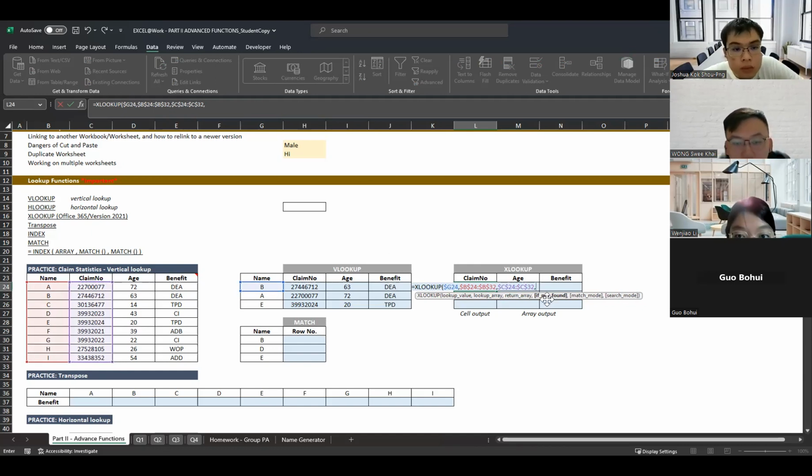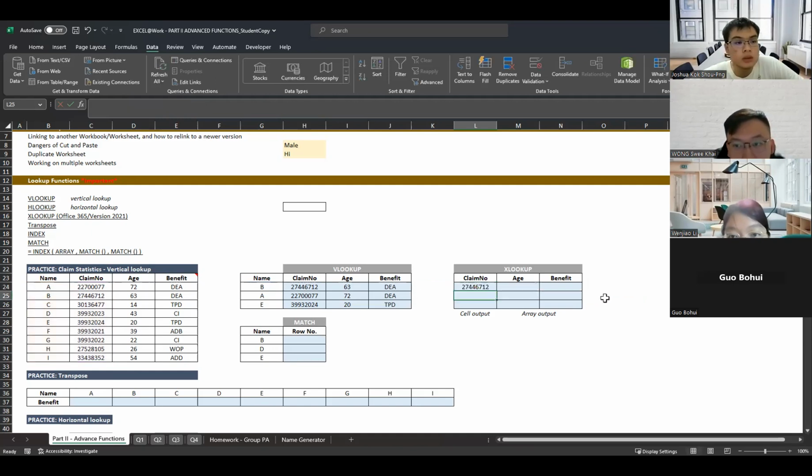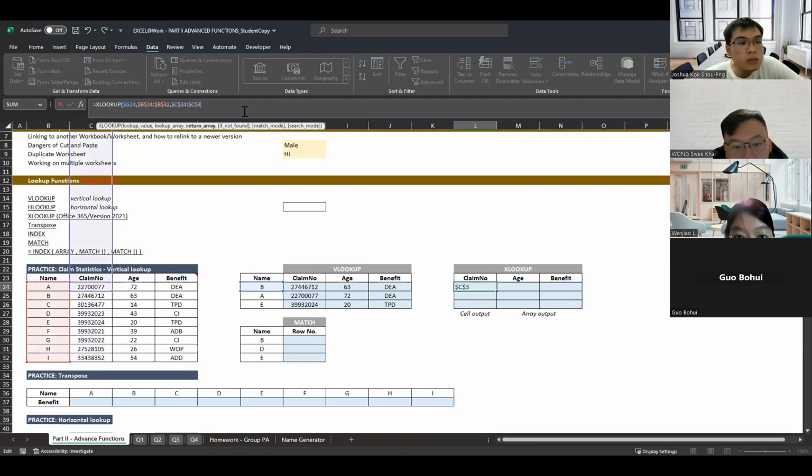You see that there are some square brackets over here, right? The square brackets mean that it's an optional entry. So if I just close the bracket here, it will return me the answer already. But I can go and change this as well, right? You see that if it's not found, I can put something here. Let's leave it blank for the moment.